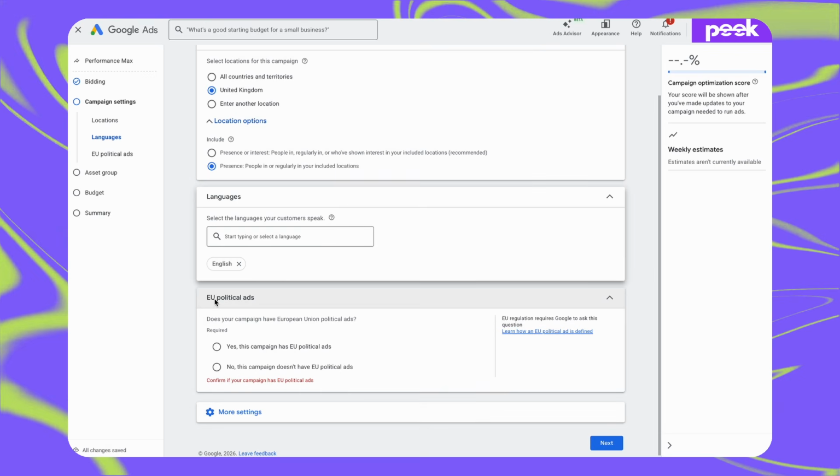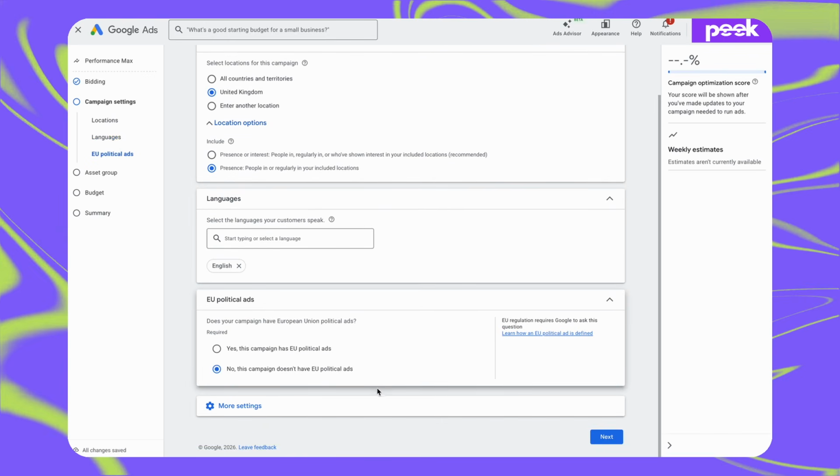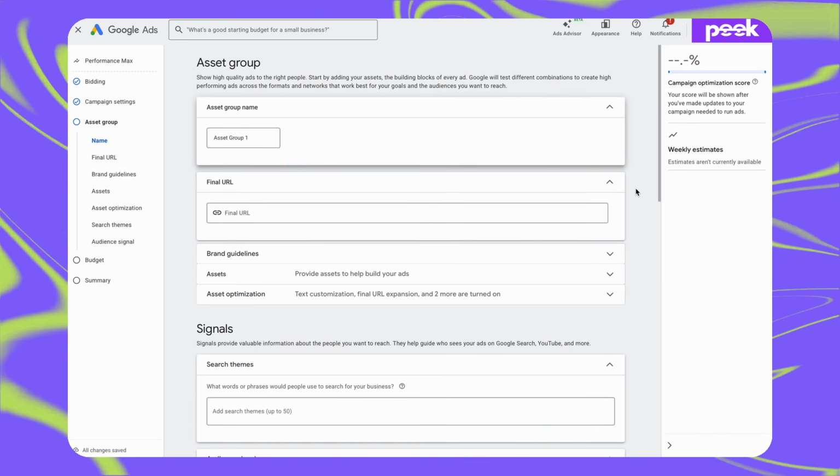Now, moving on to EU political ads, this might not be applicable to everybody in their account, but if it is, you want to just select no, this campaign does not have EU political ads, unless, of course, you are serving EU political ads, and you do want to select yes, but for 99.9% of people, this will not apply. Once this is done, you want to click next, and this is where we move on to step 4, which